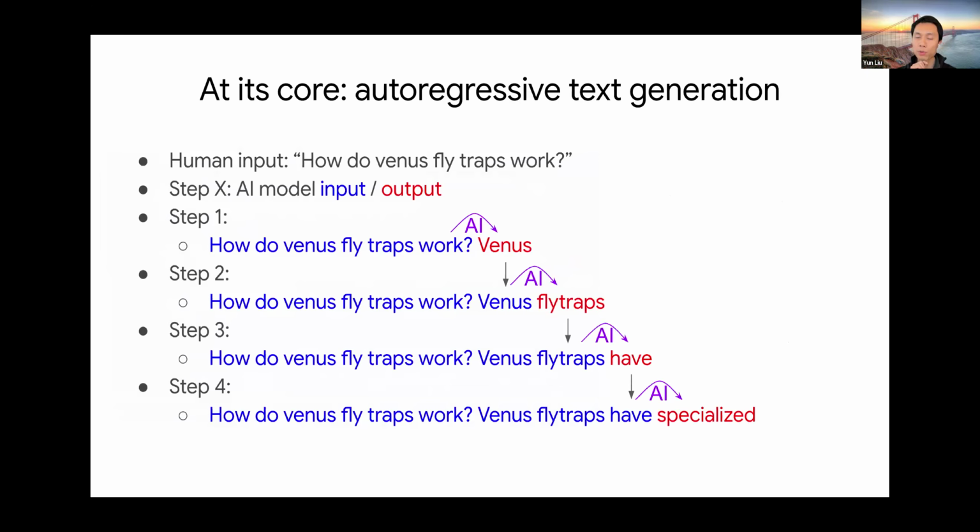Behind the scenes, what's happening is actually really simple at its core. There's lots of tricks you would do to make this work a lot faster. But at its core it is doing autoregressive text generation. So getting a bunch of text in as a sequence and predicting the next element of the sequence, taking that as input again, and then repeating this many, many times to get a sequence generated.